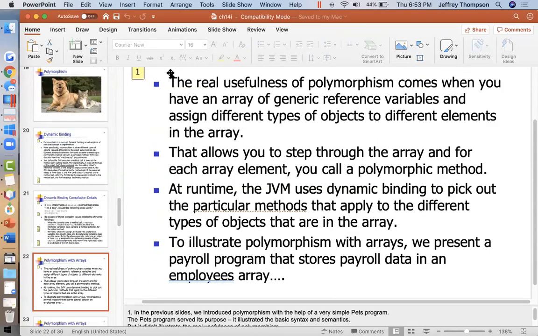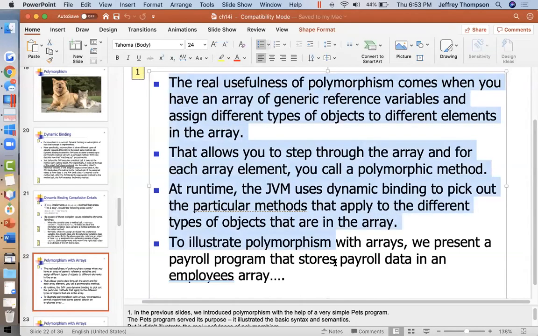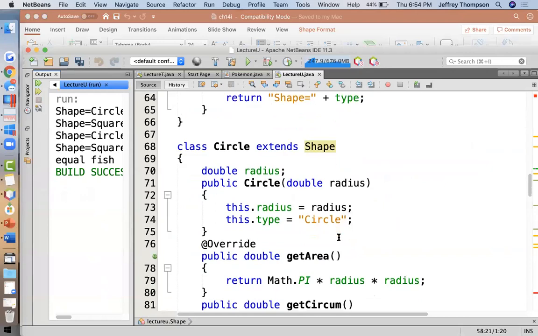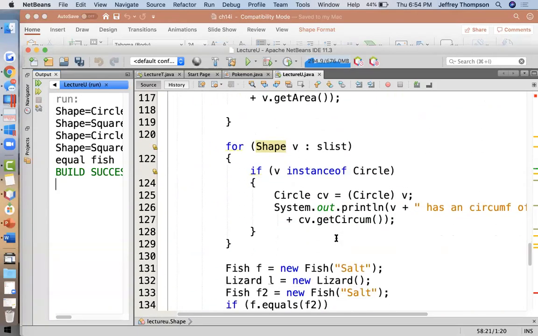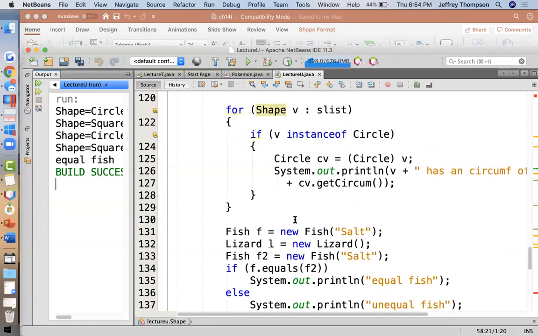Polymorphism with arrays. We've just demonstrated that, except we used array lists. You can step through the array, and for each array element, you call a polymorphic method. For that to work, you have to make the array the type of the superclass, not the subclass. Because I want to store both circles and squares in my array, it could not be declared as an array of circles or as an array of squares. It had to be an array of